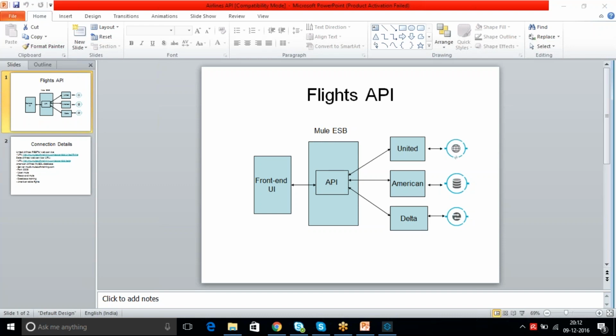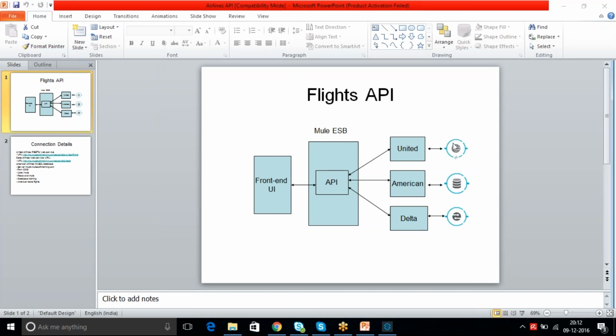But when it comes to us, they are giving a web service. They exposed all their data as a web service, which can be consumed by other middleware tools or a front-end service. So that is a web service consumer. We can use the web service consumer to connect to their system and get the data from there.